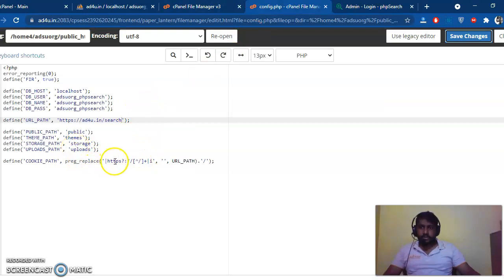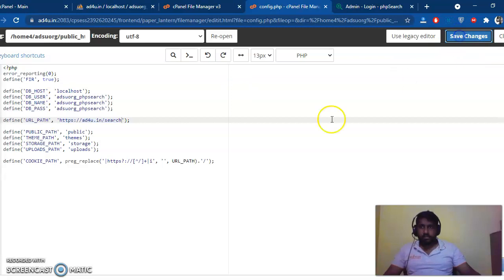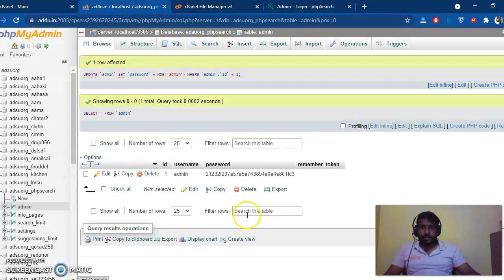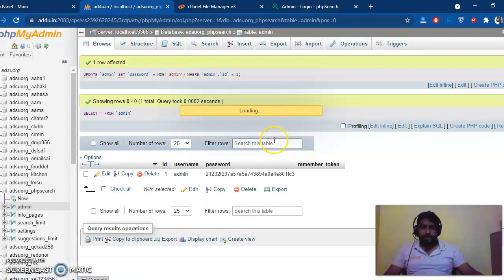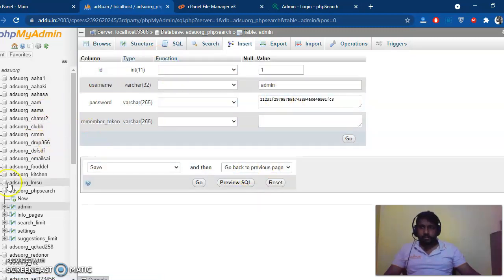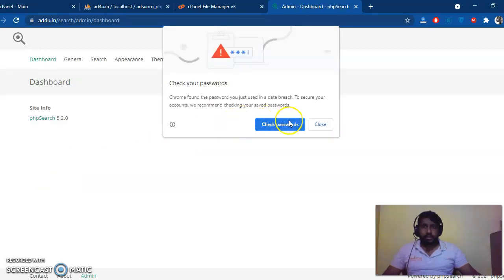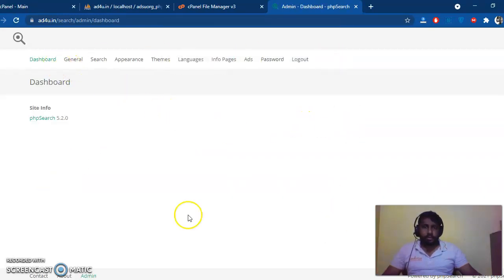Just go to the admin section. Here the details are true. Yeah, I'm logging into the admin panel. Okay, here is the dashboard of our backend.